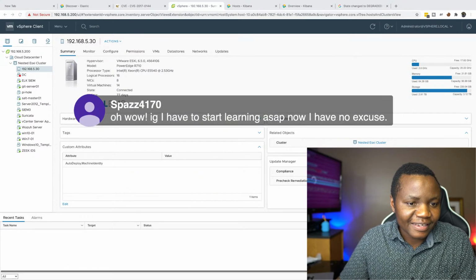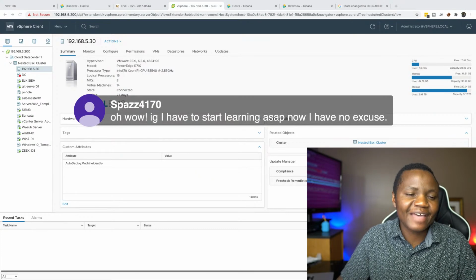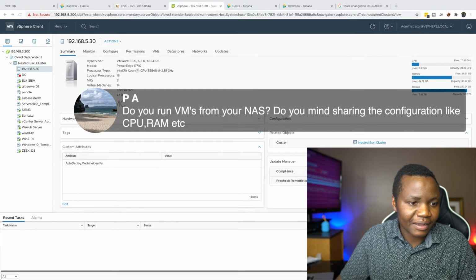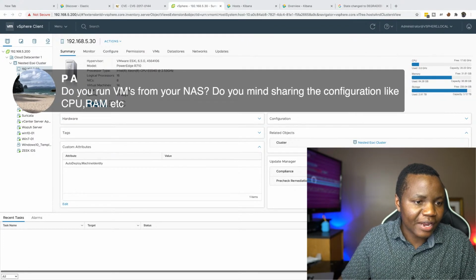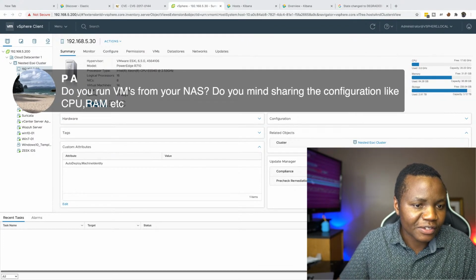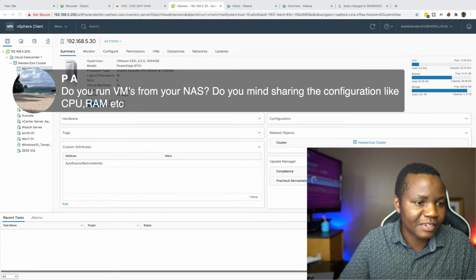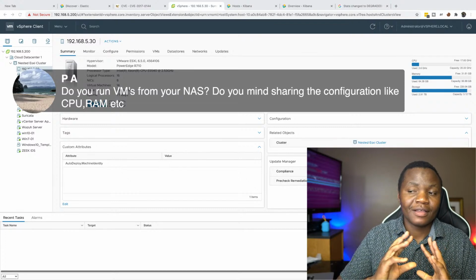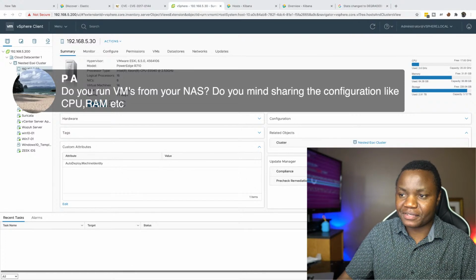I have to start learning ASAP. I have no excuses. Yeah, there's a lot of things to learn for sure. PA says, do you run VMs on your NAS or do you mind sharing some configuration like CPU, RAM, etc? Okay, here is the deal. Depending on which VMs,